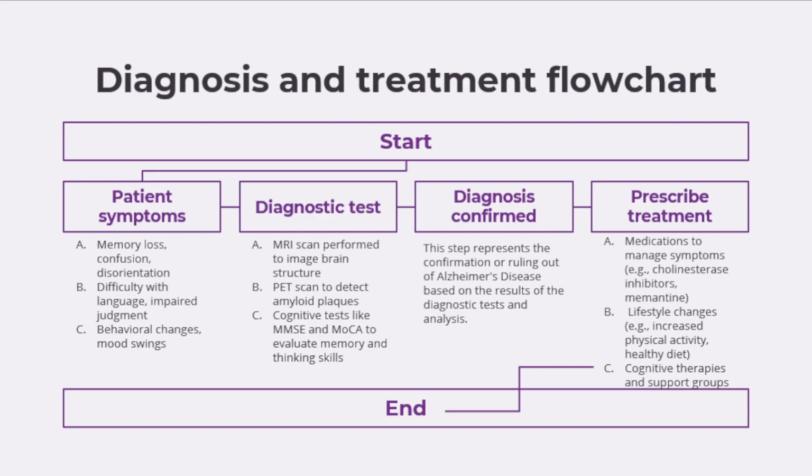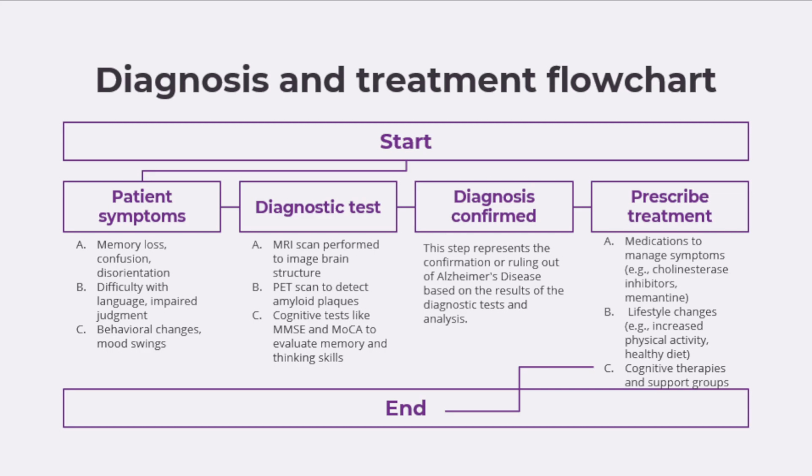So diagnosing AD involves multiple steps to accurately identify the condition and determine the appropriate treatment plan. First, you want to start off with the symptoms, which include memory loss, confusion, disorientation, difficulty with languages, impaired judgment, and behavioral changes. Next, you want to perform several tests such as MRIs, PET scans, and mini mental state examinations,